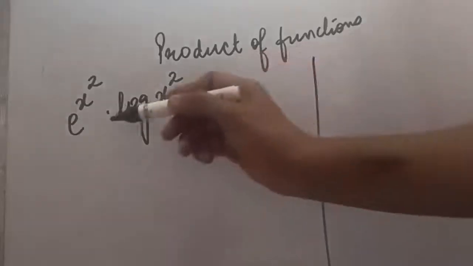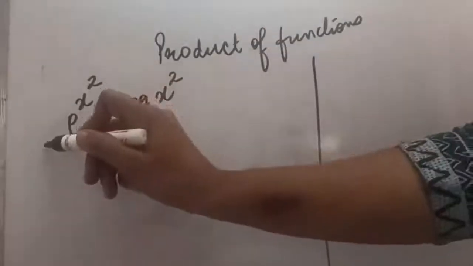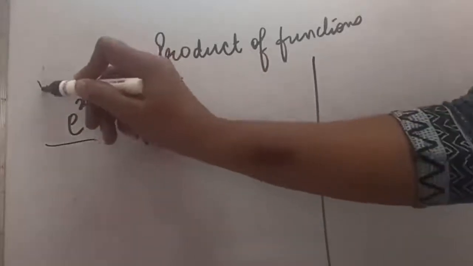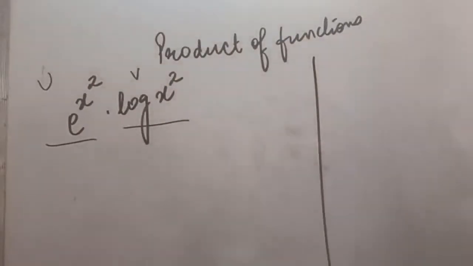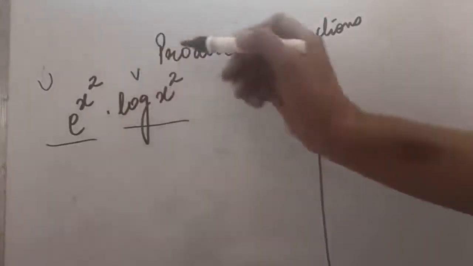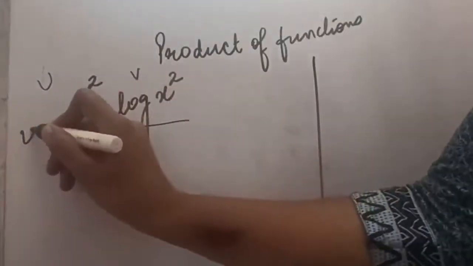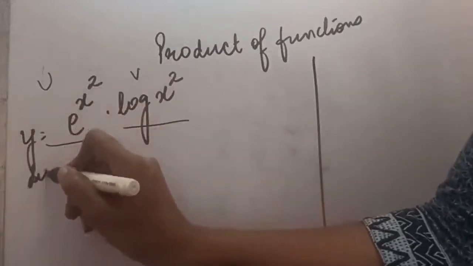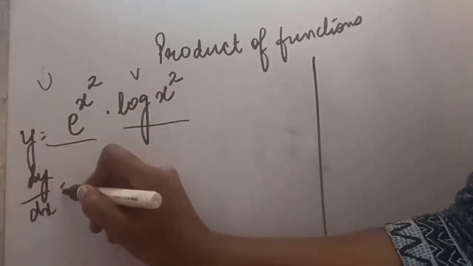Now in this question you can see that two things have been multiplied. So this will become our u and this is v. If we want to solve this question simply, we can apply the product rule, that is the uv function. If this is y, then we know that if we have to take the simple derivative, it will be